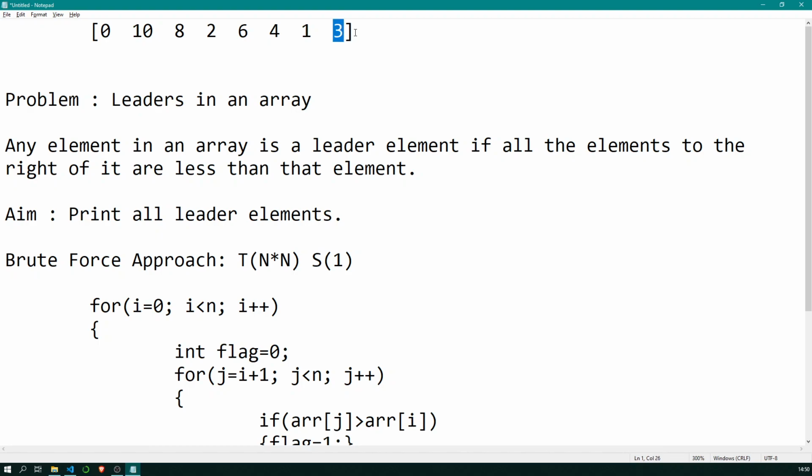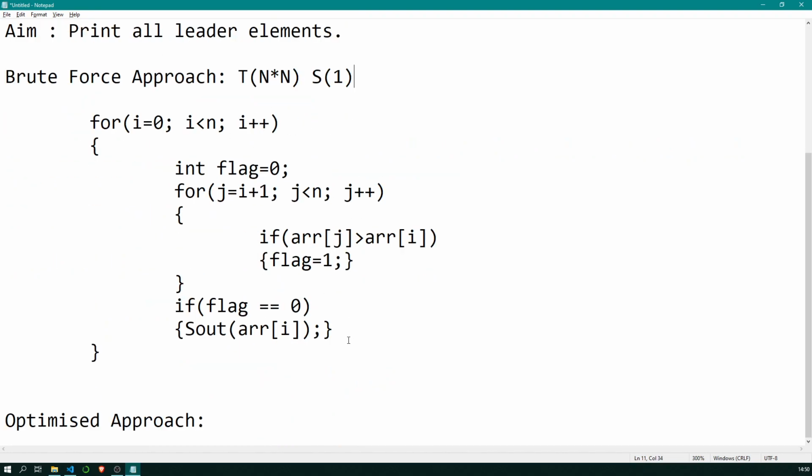And you take this element as the current leader. First you take this element as the current leader and you start traversing from right towards the left. So you start traversing from the end towards the beginning in reverse fashion, and you declare the first element as the current leader. Okay, so let me just copy this array.